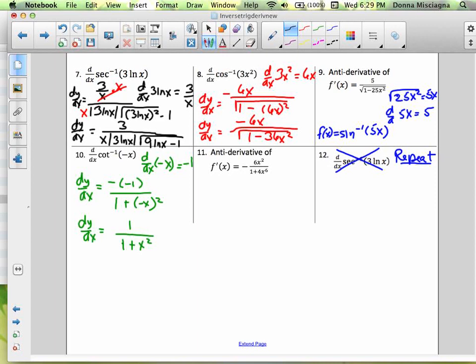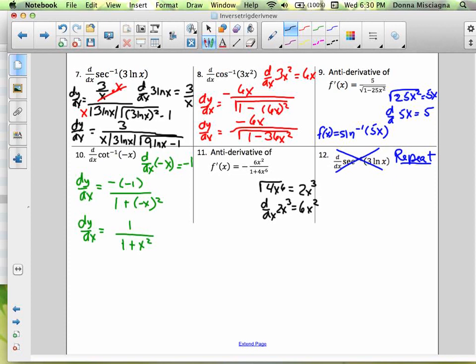Let's check this out. If we take the square root of 4x to the 6, that would give us 2x cubed. If we take the derivative of 2x cubed, that would give us 6x squared. Notice that we have 2x cubed squared in the denominator. We have the derivative of 2x cubed in the numerator. And it's negative. So that matches the formula